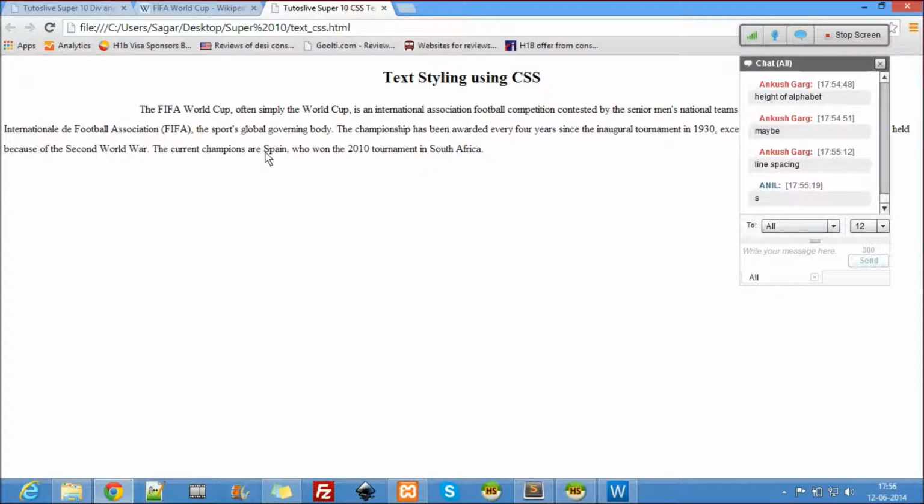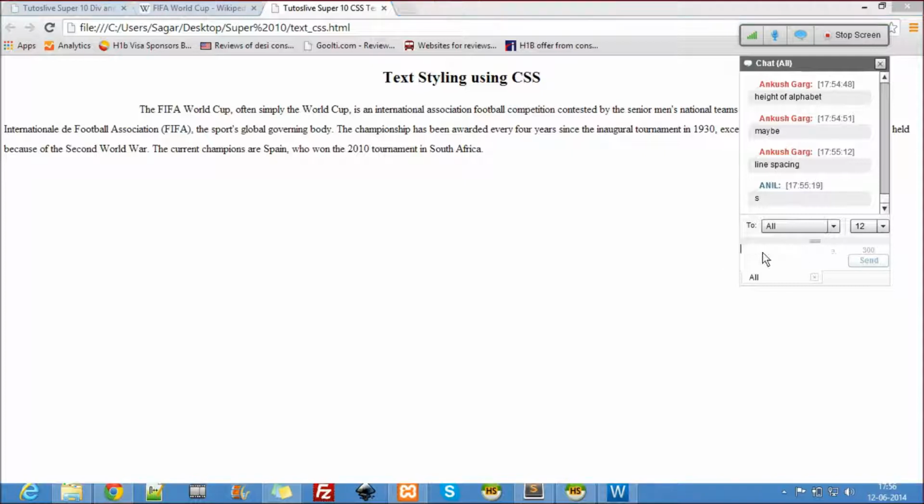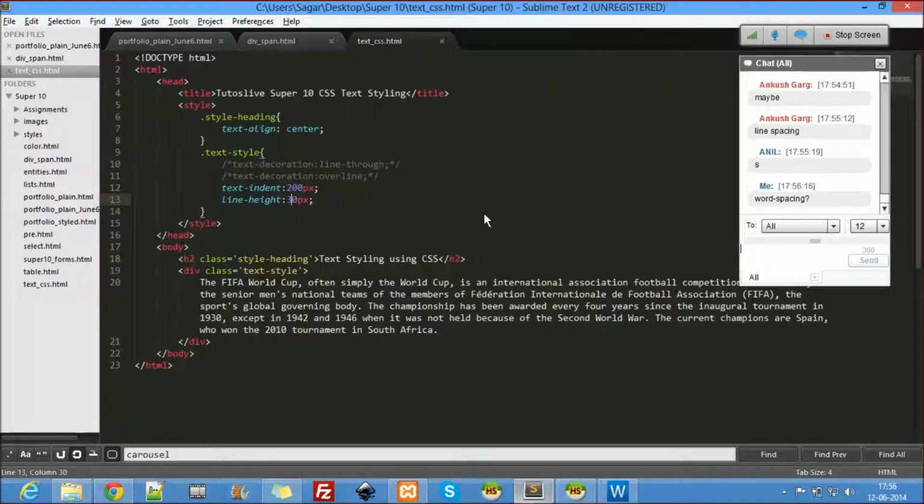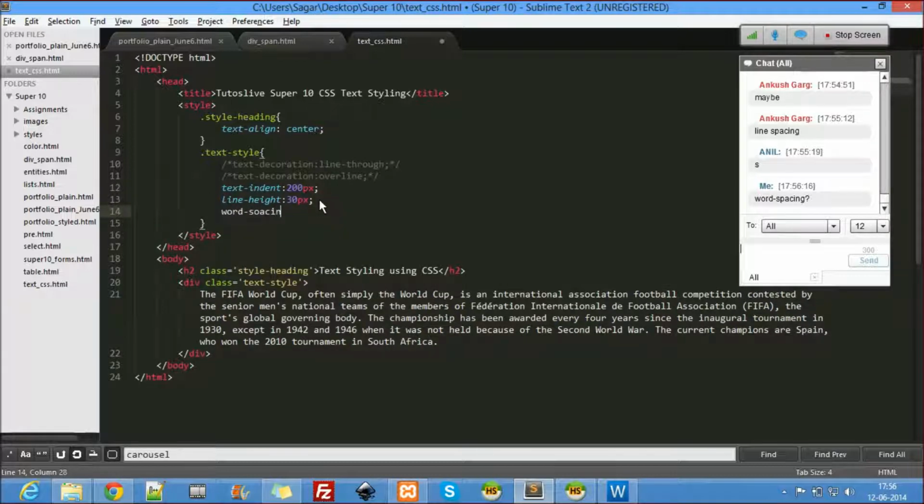And there is one more thing called word spacing. What does word spacing do? Yes, space between words.